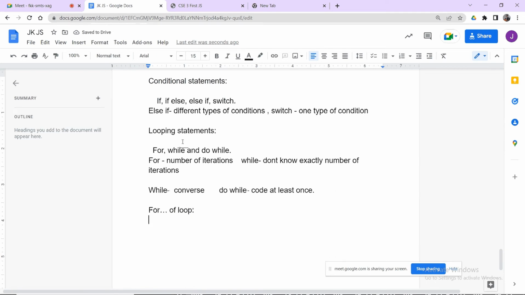For of loop is a kind of loop which is meant for accessing values of arrays or strings. I mean, instead of identifying index positions and then going for values, we can directly get the values of that string. That we can do with the help of a loop called for of loop.